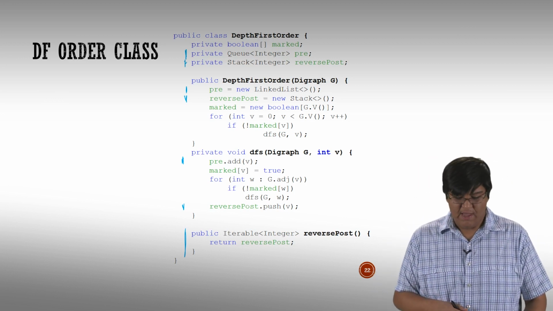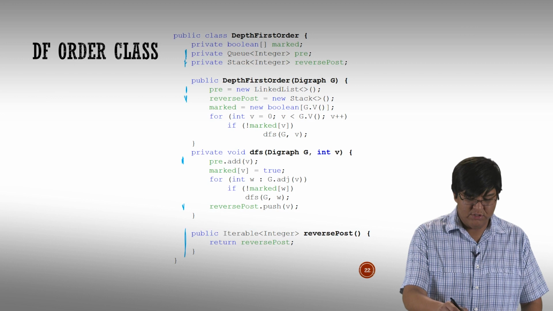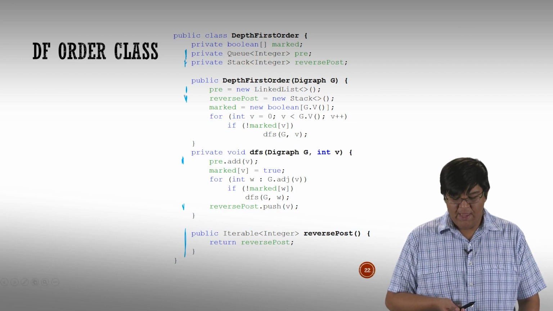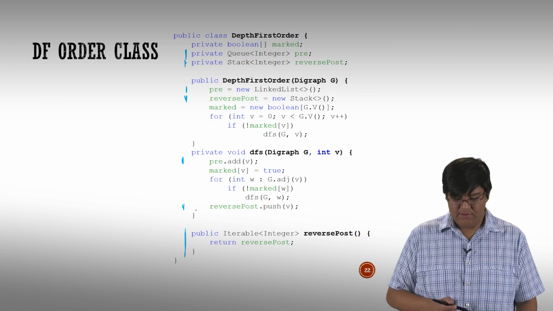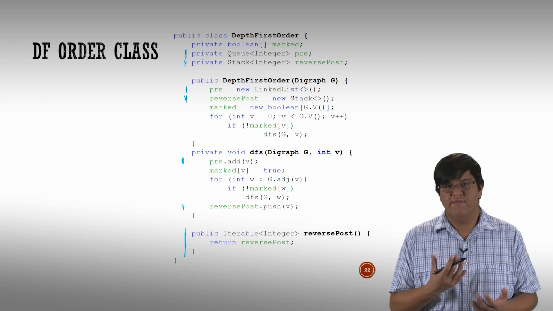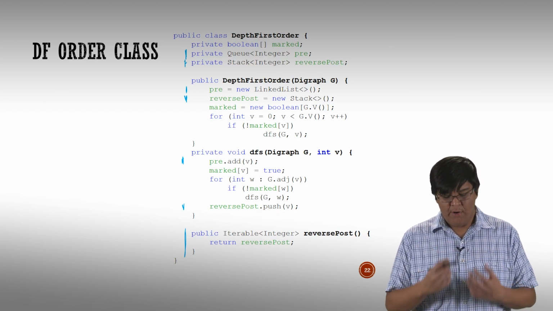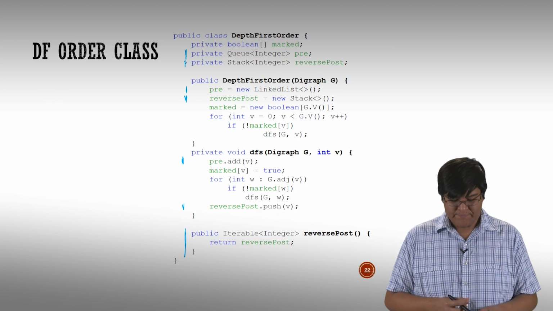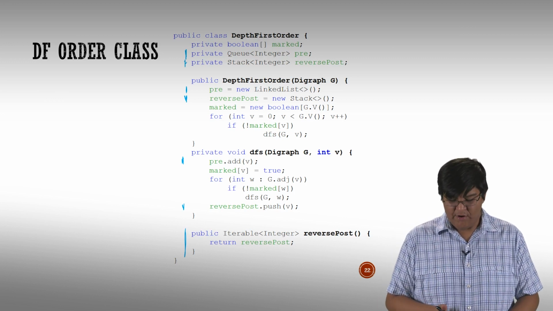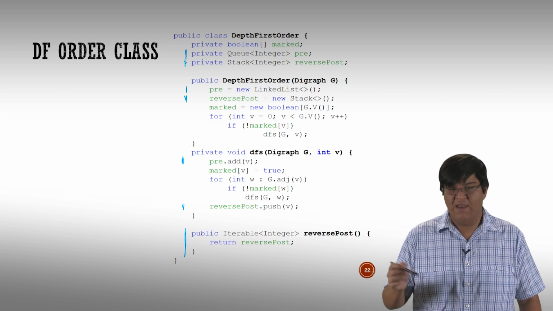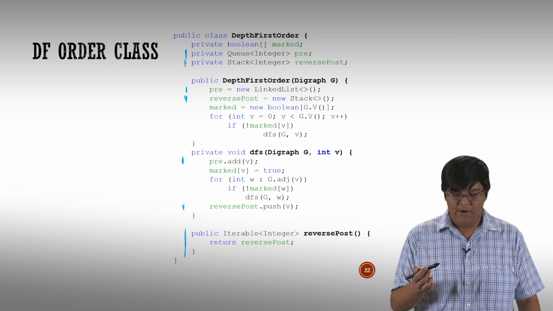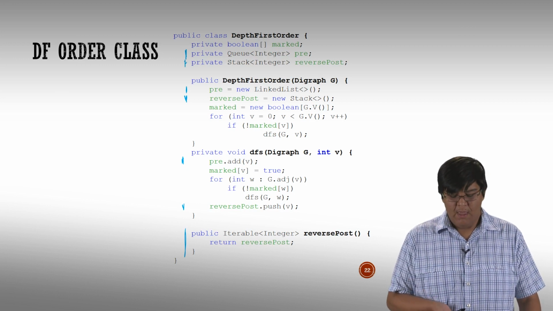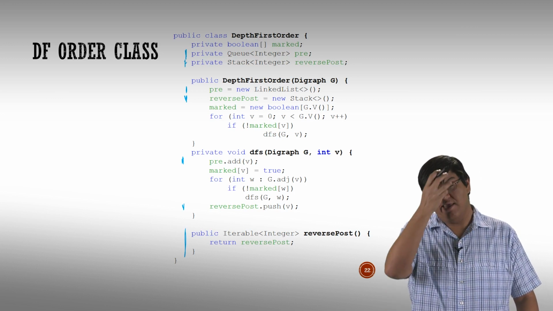So up there I have my new stack. And then you can see over here, I initialize it in the constructor, same thing. And then I write it down. I write down whatever node gets added to that stack. So here you can see I have the final line, reversePost.push(v). Basically, once I'm done running this DFS algorithm on this particular vertex, I write it down and give it to this stack. Now if I wasn't doing reverse post-order, I would maybe have a line that says something like post.add(v), because if I was just getting the normal post-order, I would just write down what I saw in a queue. But here I'm looking for the reverse post-order, so I'm going to use a stack, and I have to push stuff onto it because that's the way a stack works.